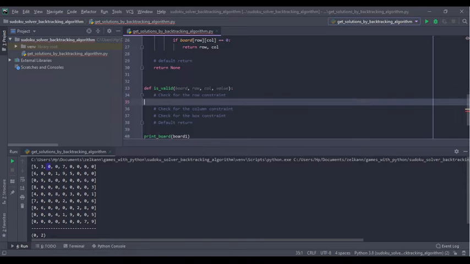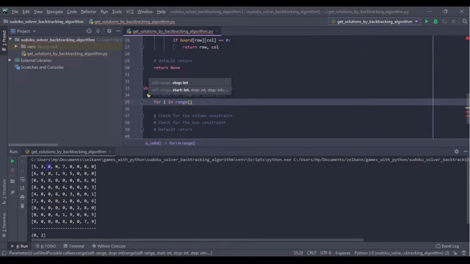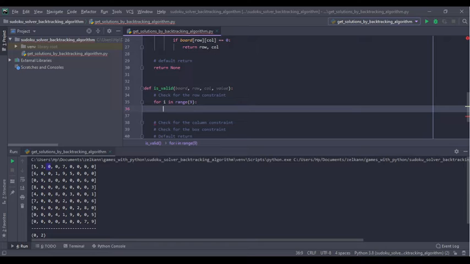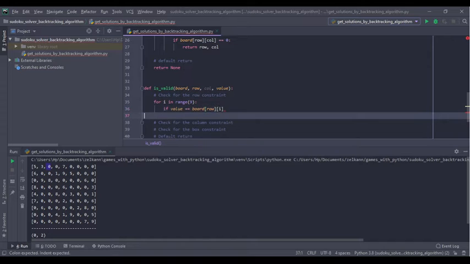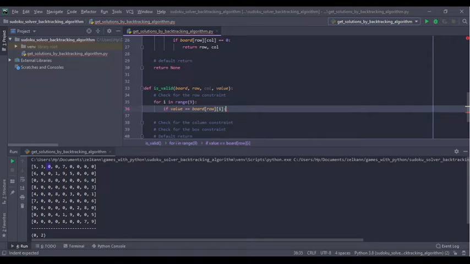And let's start with the row constraint checking. The way to do that is we're simply going to iterate through some indices in the range of 0 to 8. And then inside here, we're going to check if the value has any duplicates. So to do that, we can check if value equals board at row and the index, right. And what this does is